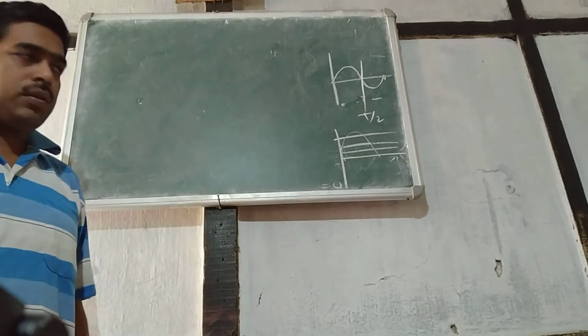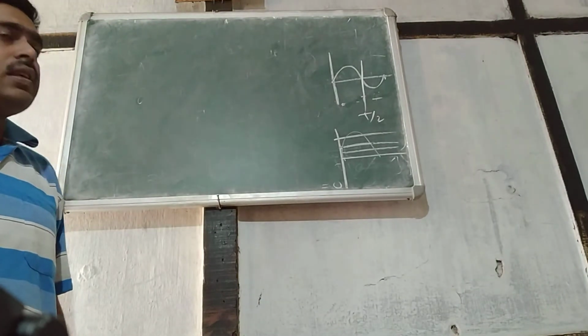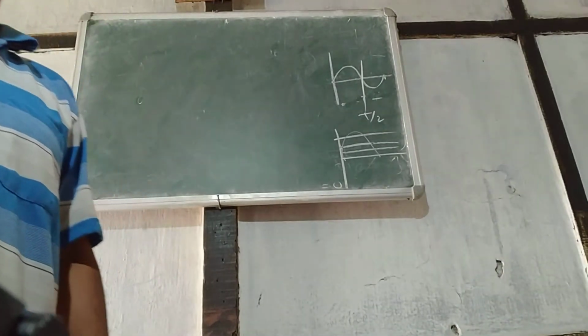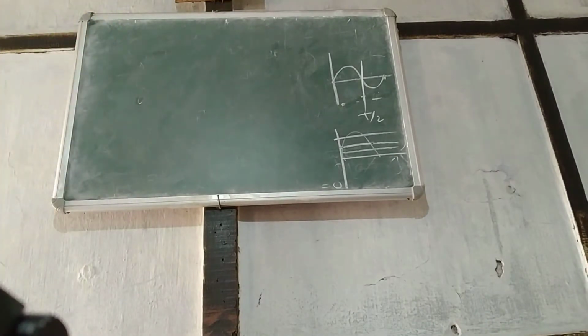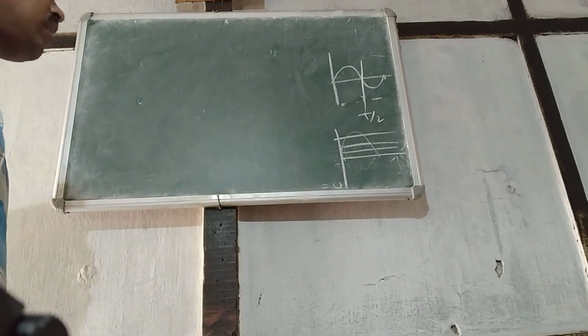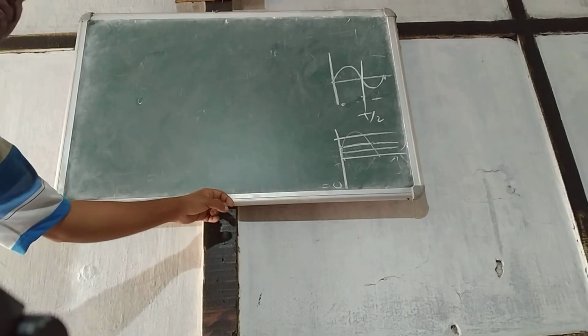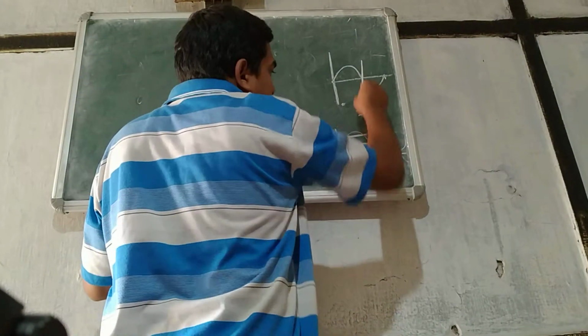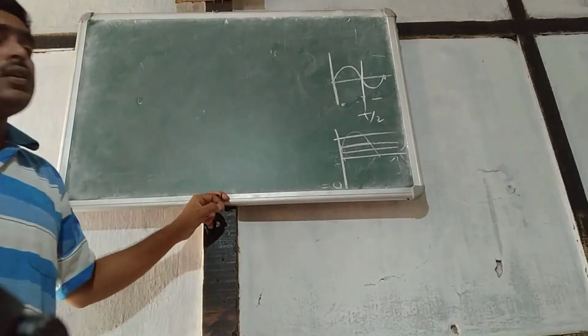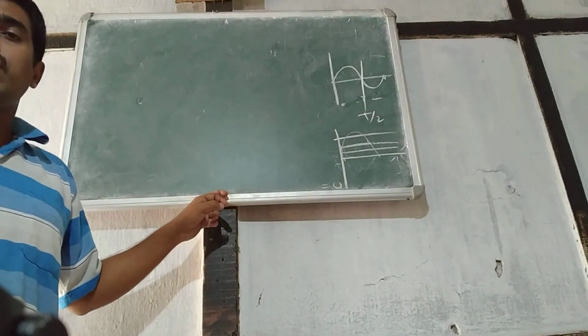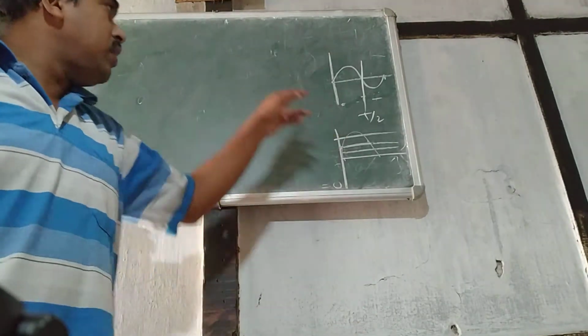So first write down the definition. Average value of AC is that value of steady current which would send the same charge in a circuit in the same time as is sent by the given AC in half its time period. This time period will be half. The current flowing in this time period is known as the average value of AC. So the same thing we will consider.